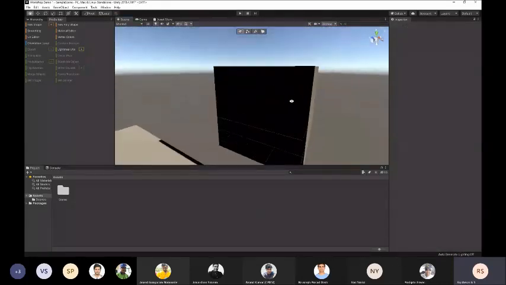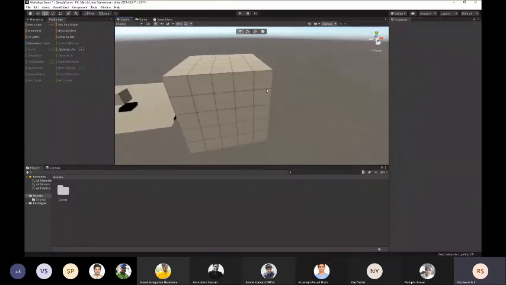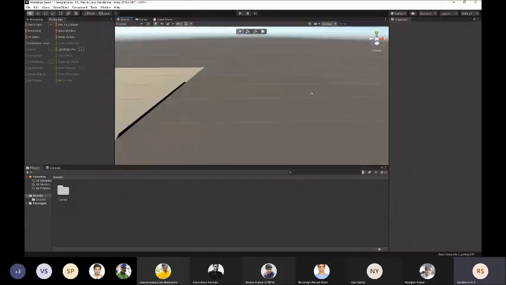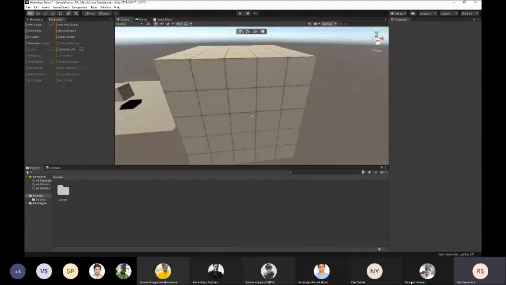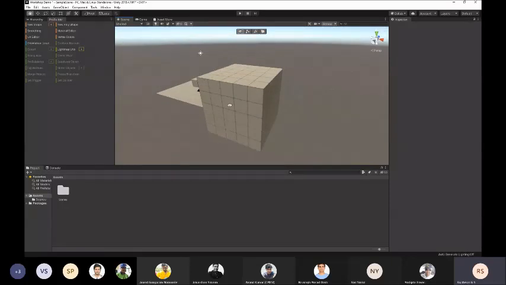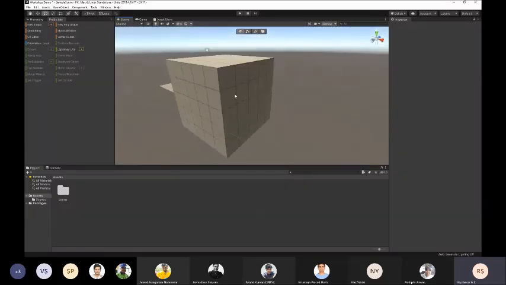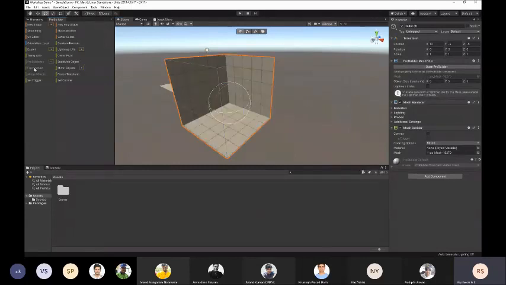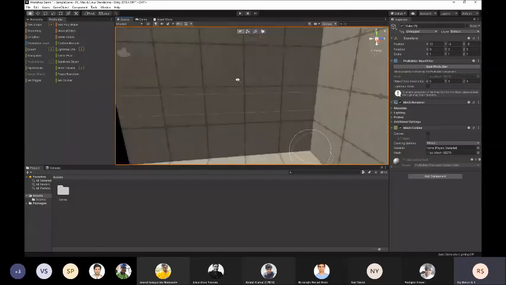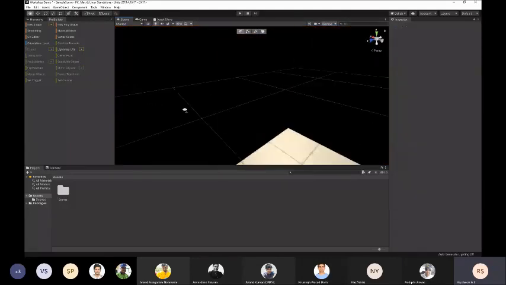So now we have a box over here, but it's not exactly a room. It's just a box. So if I go inside the box, you can see that nothing's rendered inside, right? So we want to flip the face which is being rendered. Right now it's being rendered on the outside, but we want to flip that. So select the object, and there'll be something called flip normals. Okay. So you select flip normals. So now it's more like a room. So now if I go inside the object, you can see that it feels more like I'm inside a room, right?